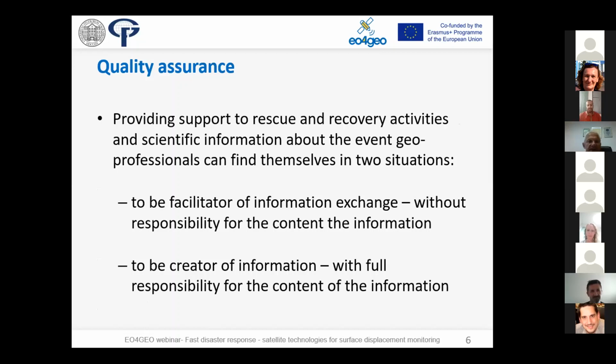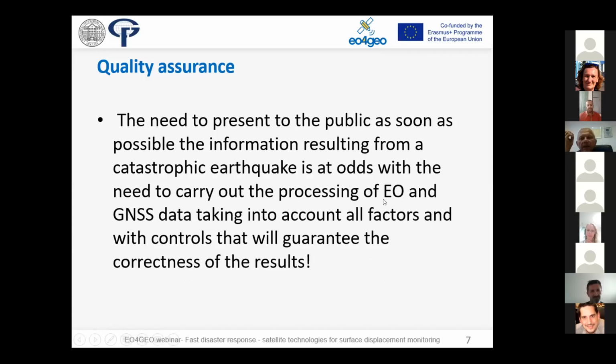We can be the facilitator of exchange of information, so establish applications, and in principle we are not responsible in this case for the content of information. Or we can be a creator of information, so author, and then it's our full responsibility for the content of information. And in these two situations, there are also different responsibilities. The problem